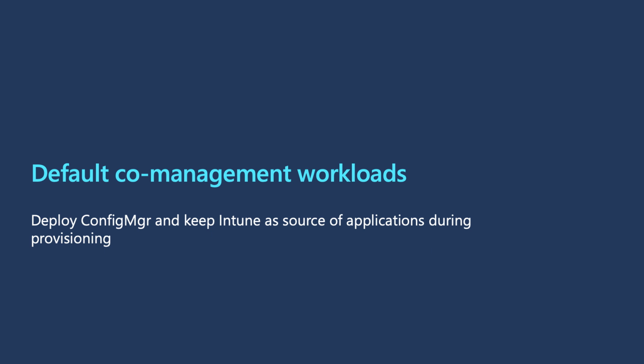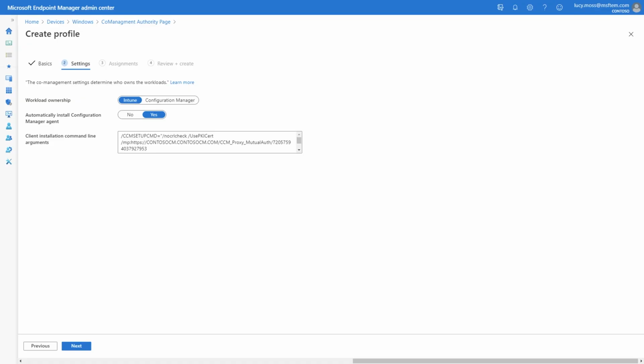This same new co-management policy in Microsoft Endpoint Manager Admin Center can also be used to ensure that Intune is kept as the default workload when deploying Configuration Manager during Autopilot. Here I'm configuring Intune as the workload default. This is because in this example, all of my apps and configuration is coming from Intune. I still have the option to install the config manager agent, but in this case, I'm not deploying my provisioning